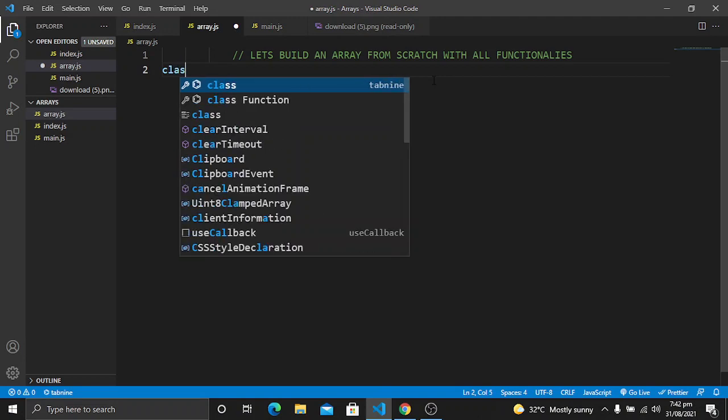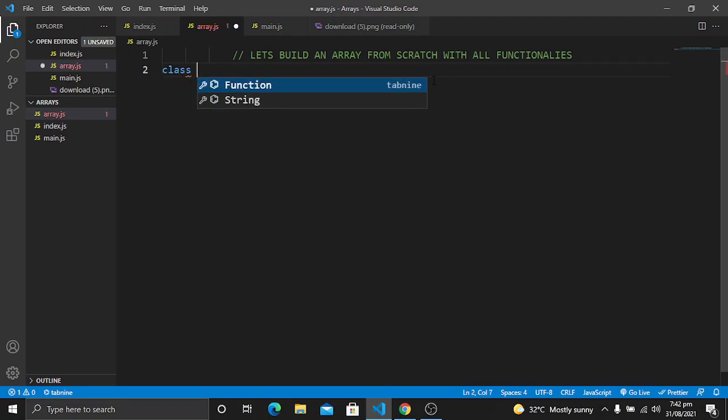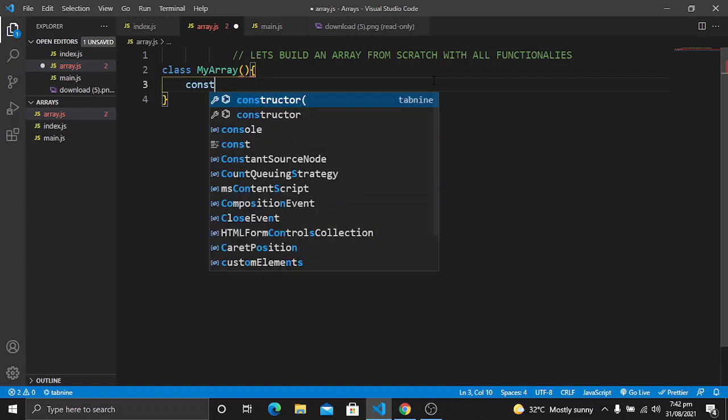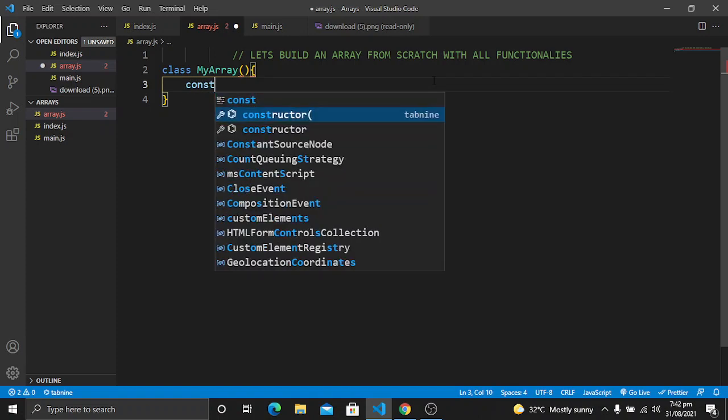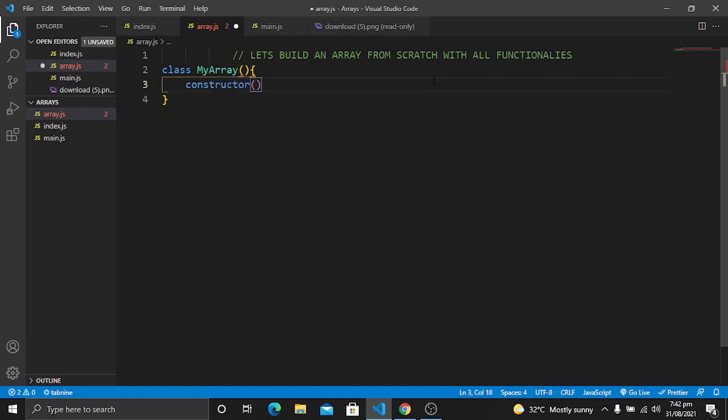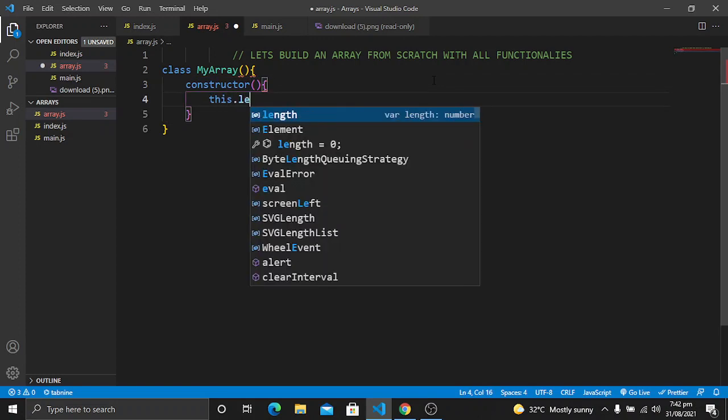So let's use the class syntax, and I will give the array the name MyArray. Then we will have a constructor function here. The constructor function will have some properties, such as this.length.